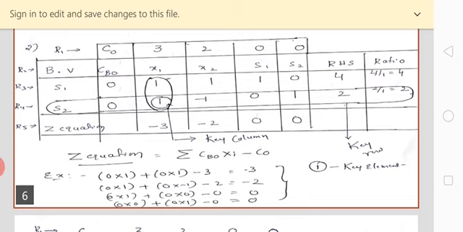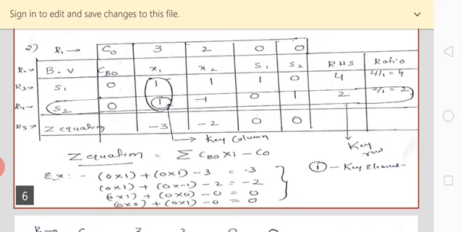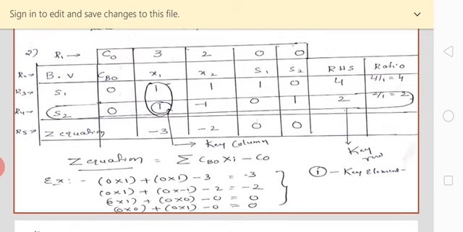In that you need to select the least positive value. Now, after the ratio has been made, you got 4 and 2. In that, you have to select the least positive value, or you can say the least non-negative value. What is the least value here? Both are positive, no issue.